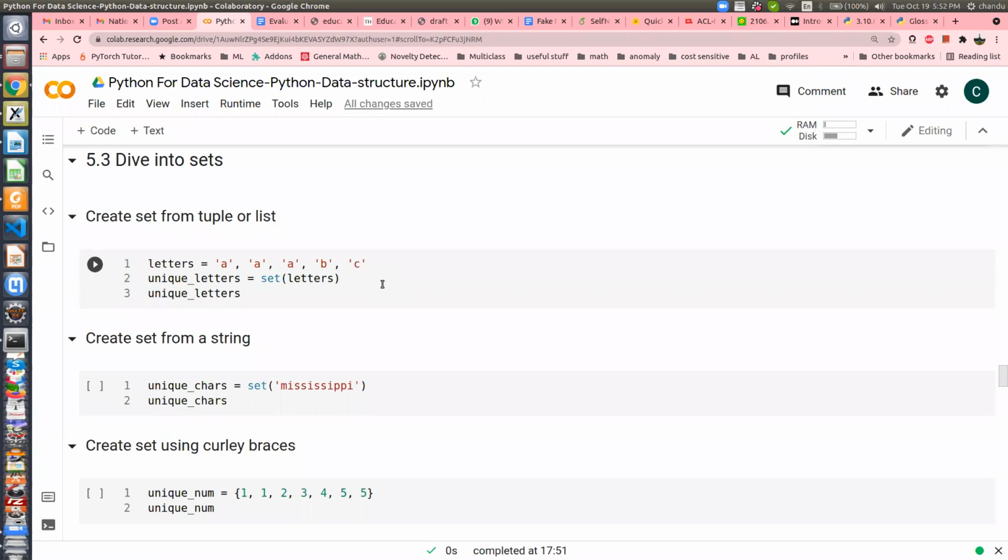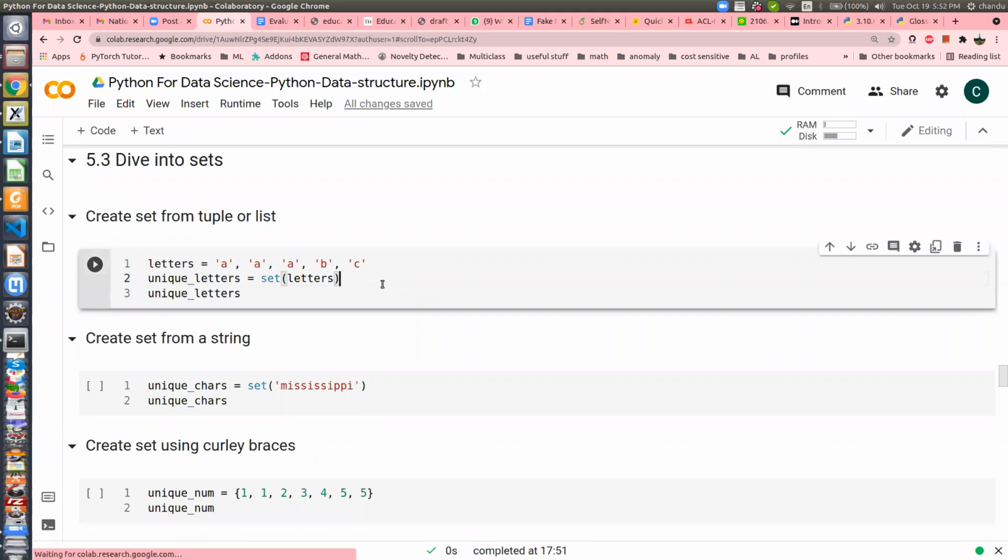Unordered. It may be unordered. Why? Because it is just a well-defined collection of distinct objects. Objects must be unique. So sets and lists are different. A list is an ordered collection of items, and a set is an unordered collection of items. And all the items in the set should be distinct. They cannot be the same. So if you are repeating, they won't be stored.